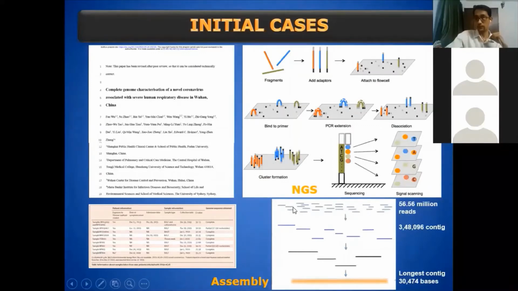After the reads, the next step is to try to make a contig where you see overlapping ends. If the ends are overlapping, you can read it continuously, meaning that they are the next fragments in succession in the genome, and a contig is made. Around 348,000 contigs were made, and finally the contigs are assembled into scaffolds, and the longest contig which is obtained will reflect the complete genome sequence, and the longest contig was a 30 kb sequence, and this is the viral sequence